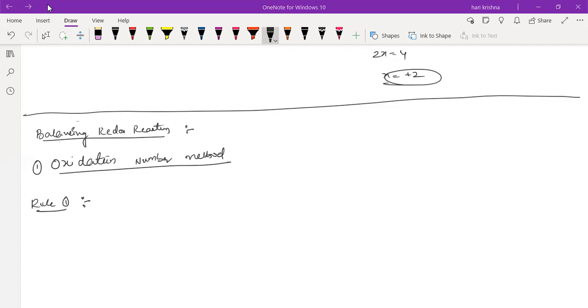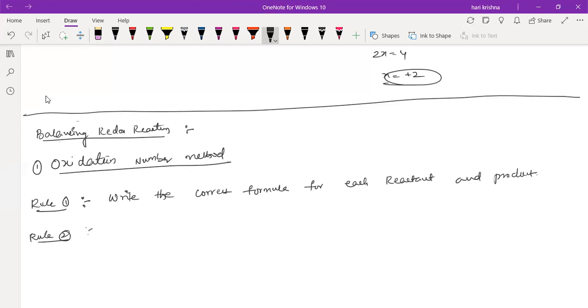Sorry. So in total we have 5 different rules. The first rule is to write the correct formula for each reactant and the product. This is the first rule. Second rule, or I can say steps. Now there will be 5 different steps. The first step is writing the correct formula for each reactant and product. The second step is